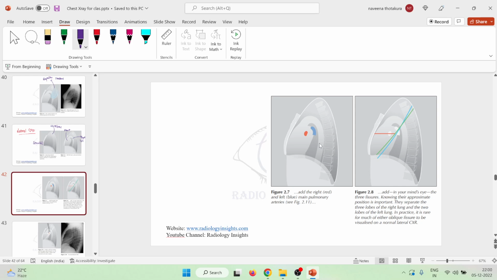Similarly, you will see this is actually the right pulmonary artery. This red one is the right pulmonary artery, you can see. Similarly, you can see here you will have the left pulmonary artery. Okay. Similarly, if you now add the fissures, so if you have to name the fissures here, so we have